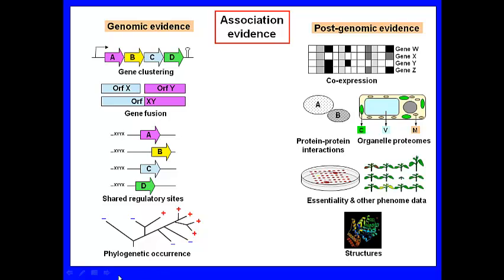I think the estimate is about 40% of prokaryote genes are probably clustered together in some functional way. Co-expression, expression of the gene in the same place, in the same organ at the same time, kind of replaces clustering for eukaryotes, because very frequently that's exactly what happens. A gene will be on in kidney but not brain or liver, or it'll be on in root tips but not in leaves or fruits.